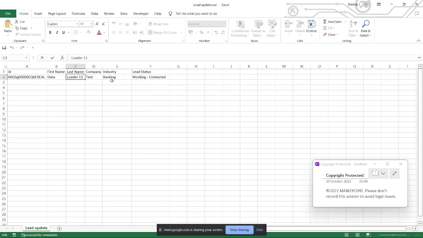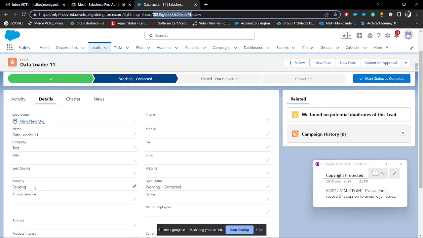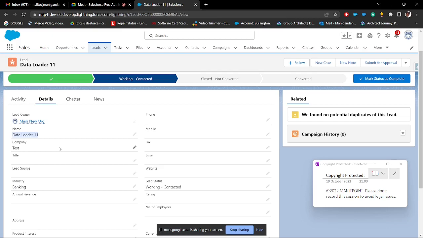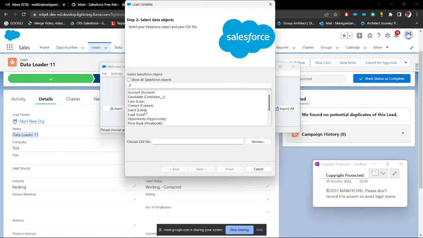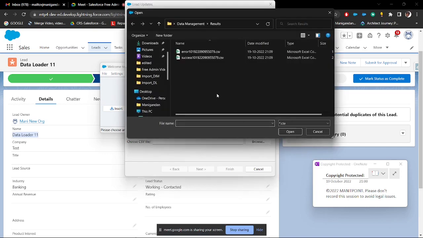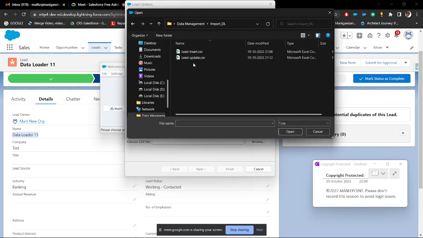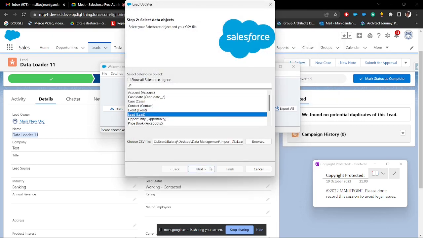This should be record number 12, this is not 11. And this is not banking, this is agriculture. At present it is banking, right? And this is 11. Now select update, select the lead object, click on browse, choose your file,